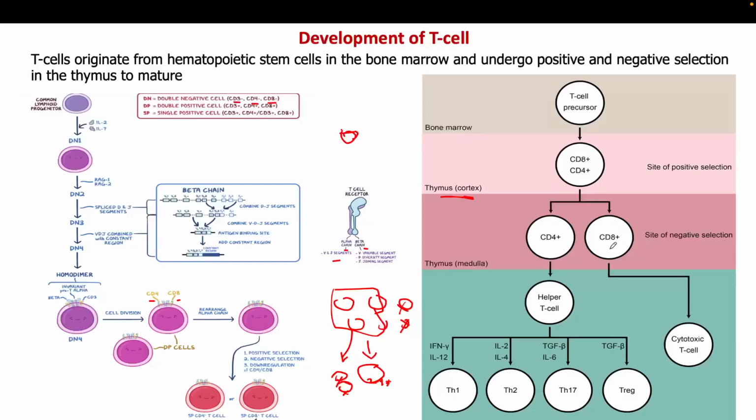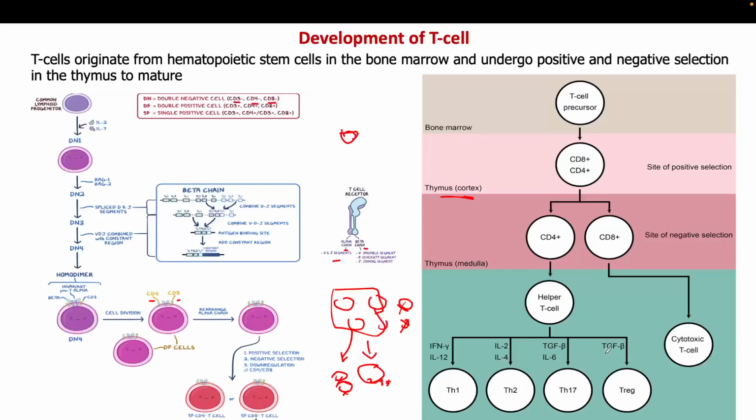In the negative selection, the positive T cell which is able to bind with the MHC molecule now checks that it is not showing higher affinity for the self antigen. If it is showing higher affinity for the self antigen, then it will go for apoptosis, and the rest, which are not showing higher affinity for the self antigen, will migrate to the secondary lymphoid organ or the lymph node, where